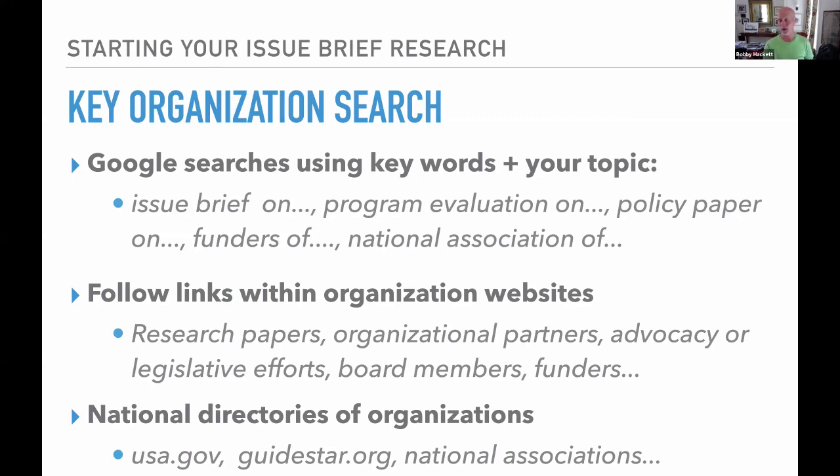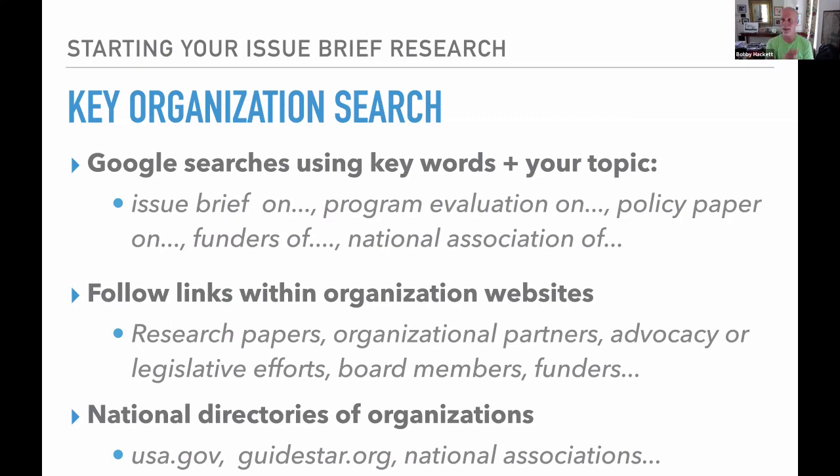Again, I've already mentioned national associations, but national associations will have directories of organizations. You will find, for instance, that a federal department will have a page for your state. So it'll be HUD. I think I saw this earlier in Tennessee. HUD has a page that focuses on all the HUD activity in Tennessee.